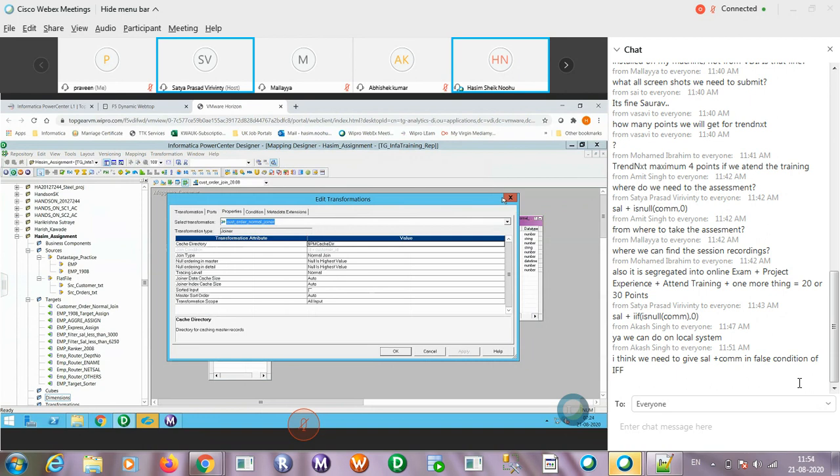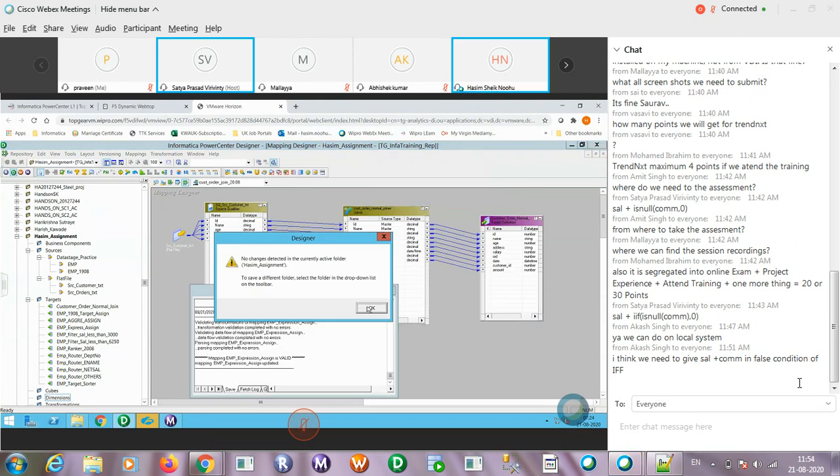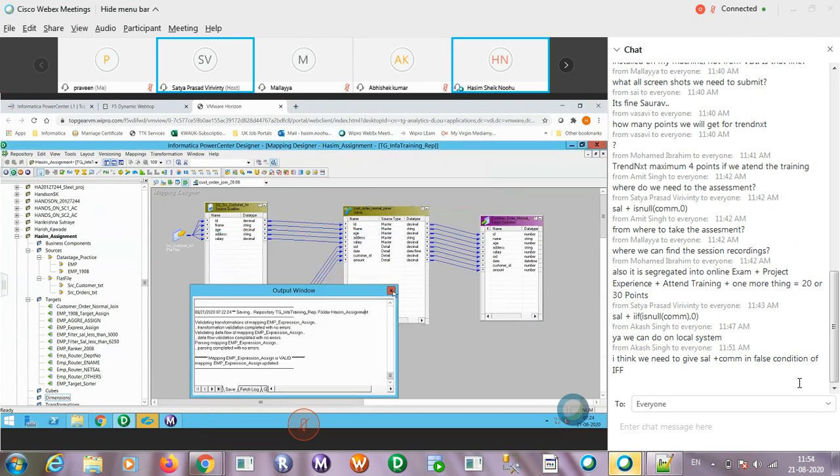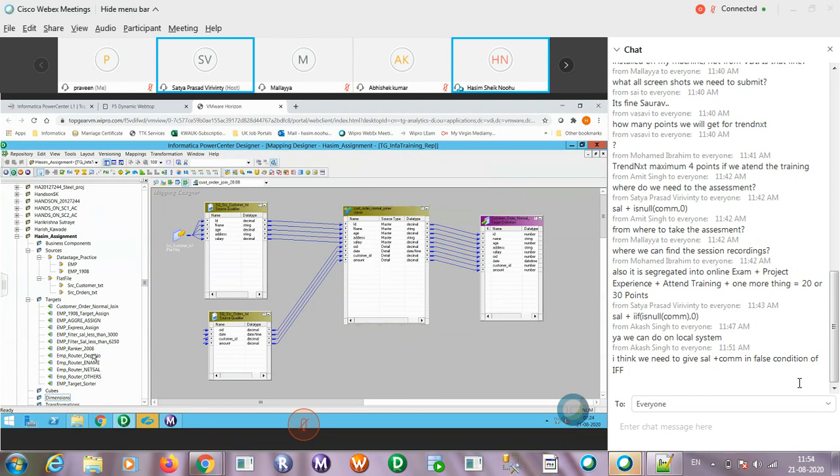Understood. This particular edit transformation dialog is there, right? Just crop it to that level. That is enough. So this didn't work actually. Now that is the problem itself. So if I go to my workflow,